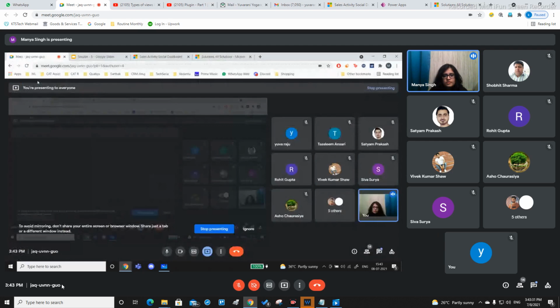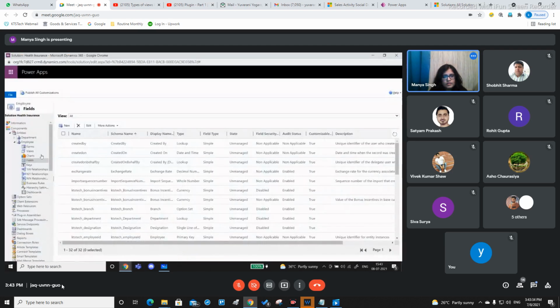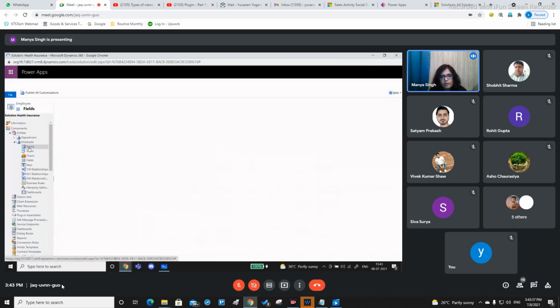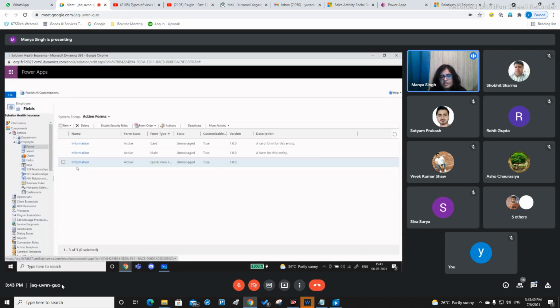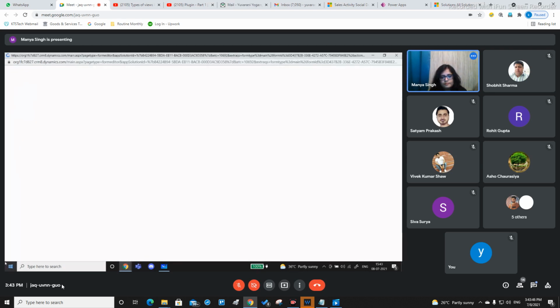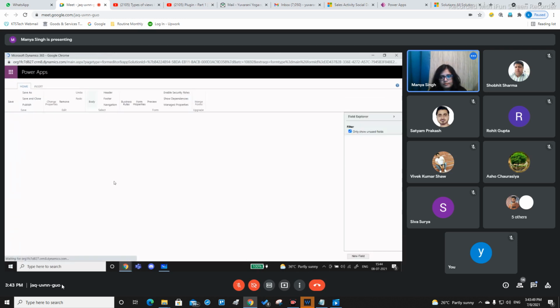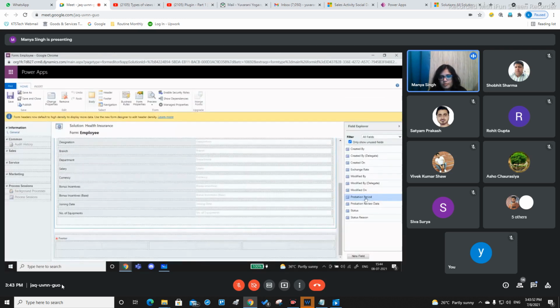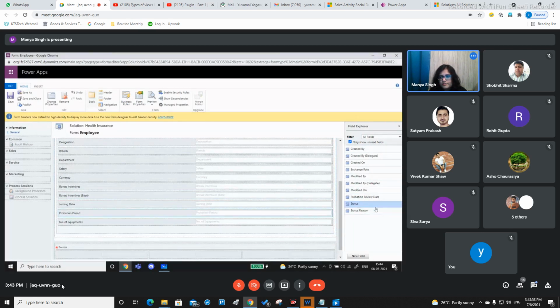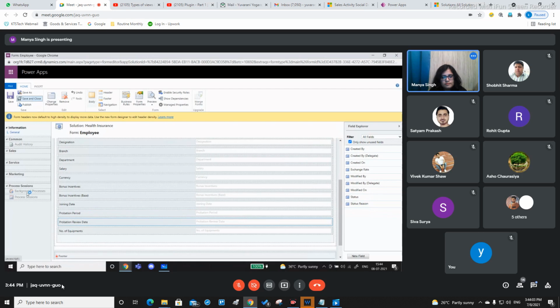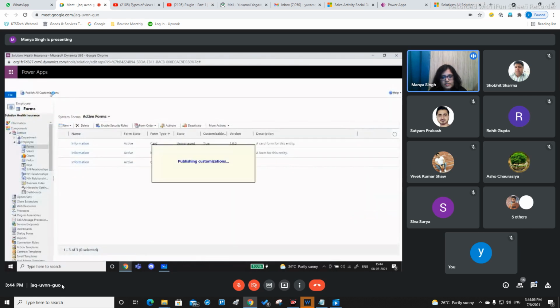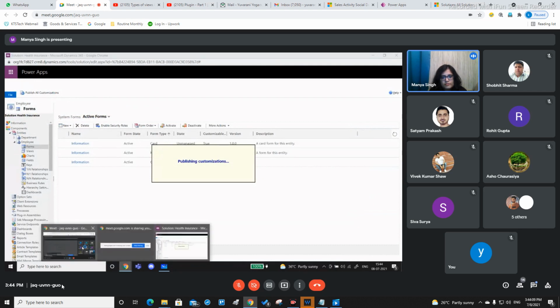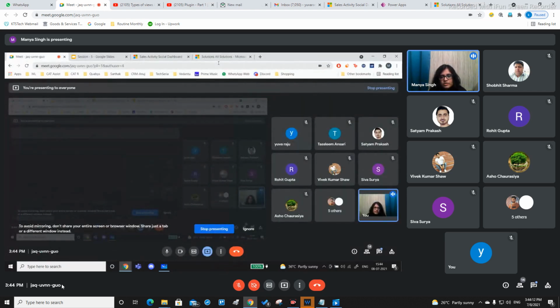We'll be saving and closing. Now from our form part, we'll be opening up the employee form and adding probation period and probation review date as two new fields. After joining date, there will be probation period, then there will be your probation review date. Saving and closing. I will be publishing these customizations, and next up, we will take a look at how this is actually functioning on our front end.